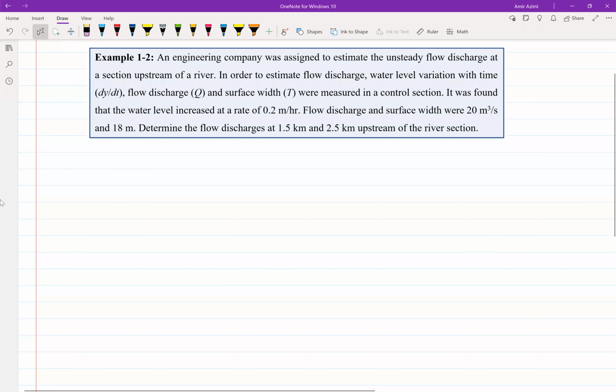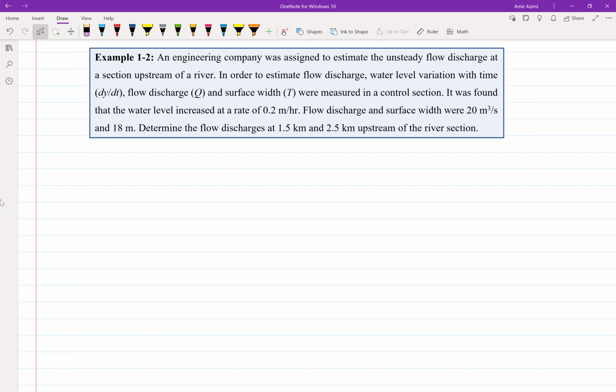Hello, everyone. So this is example 1-2. It's about the continuity equation. An engineering company was assigned to estimate the unsteady flow discharge at a section upstream of a river. In order to estimate flow discharge, water level variation with time, dy/dt, flow discharge, and surface width were measured